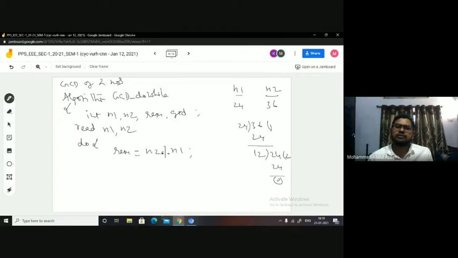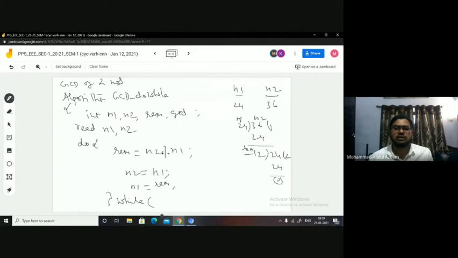Now, this was n2, this was n1. N2 mod n1 you have done, and you got this as the remainder. But this remainder has to be n1 for the next division. And the current n1 should go to n2. And remainder should be taken into n1. Okay. And you have to repeat this process, right? How long you have to repeat this process?